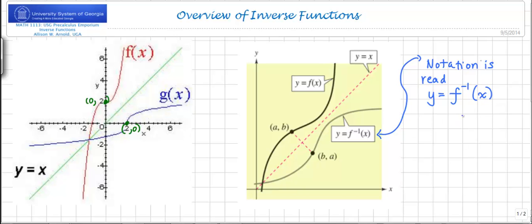And what it means is that if you have the graph f of x sending the value a to the value b, then this function is going to send b back to a in every single scenario. So now rather than calling them f and g, we use this special symbol, and again it looks like an exponent but it's not, to mean swap x and y. So basically, to find f inverse,